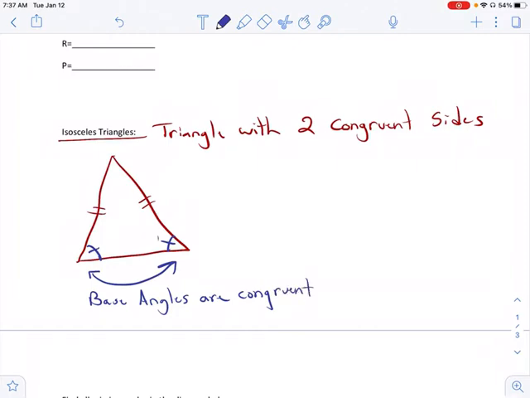So if I have this as angle 1, angle 2, my notation would be angle 1 is congruent to angle 2, or I can say the measure of angle 1 equals the measure of angle 2. So that is important just to realize,